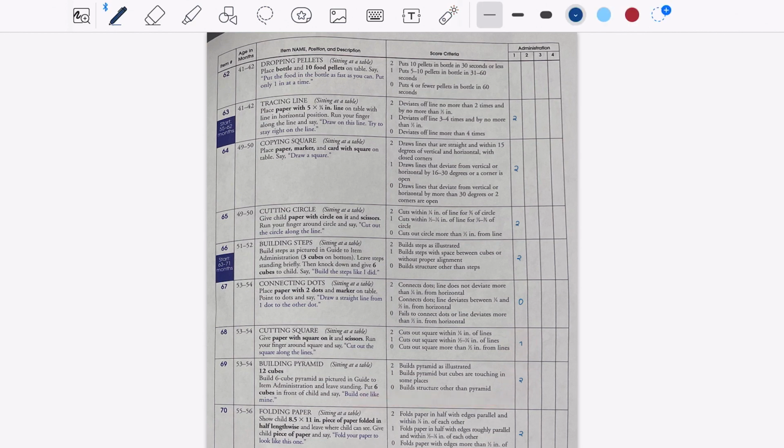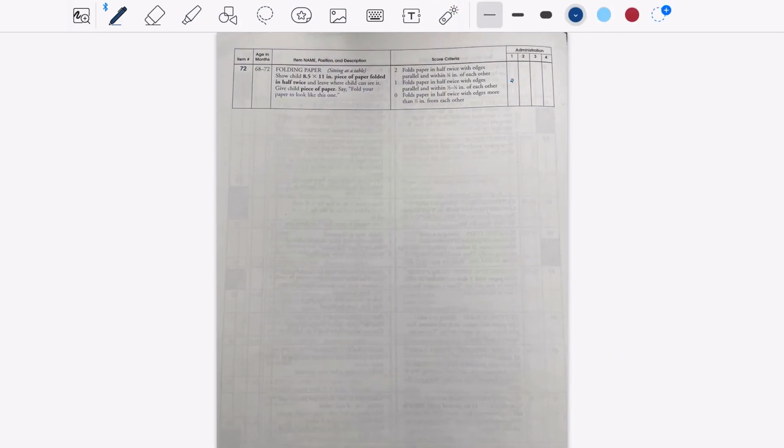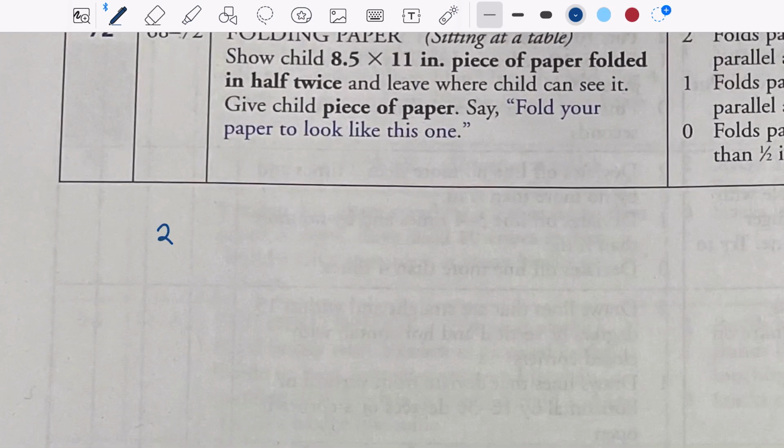So in order to calculate the raw score of the visual motor integration section, we're basically just going to be tallying up all of the scores for all of the items. So because item 63 was the basal entry point, we can assume that Claudia would also score 2s in items 62 and previously. So let's do 2 times 62